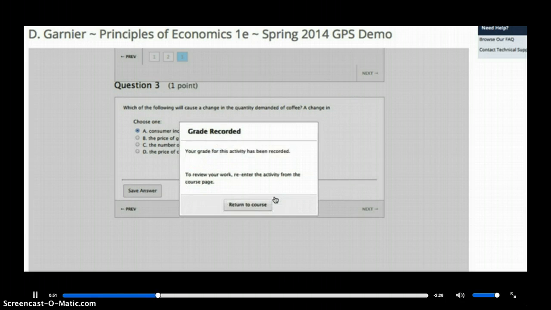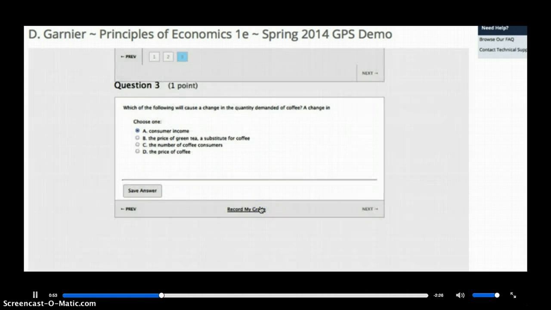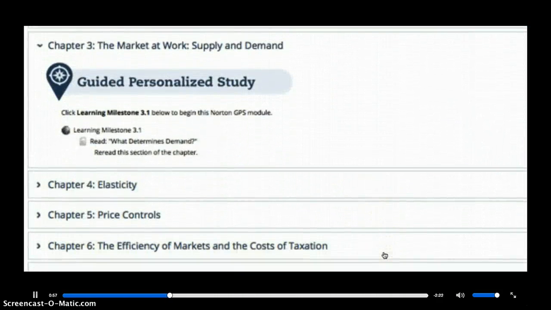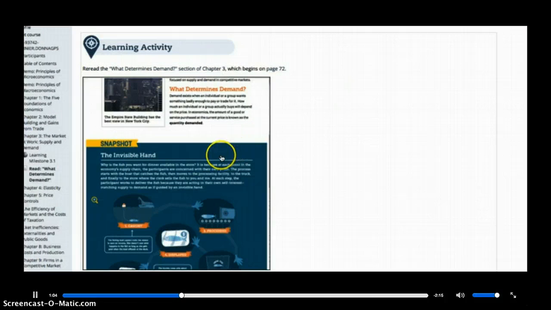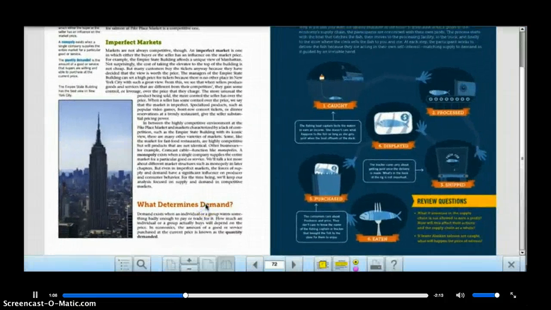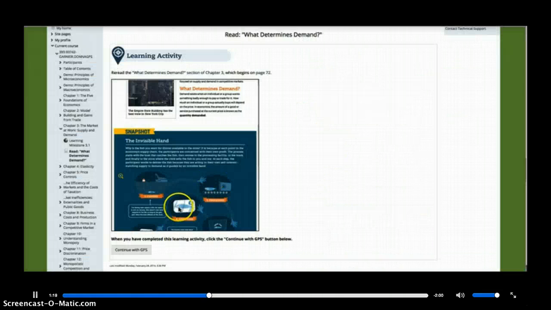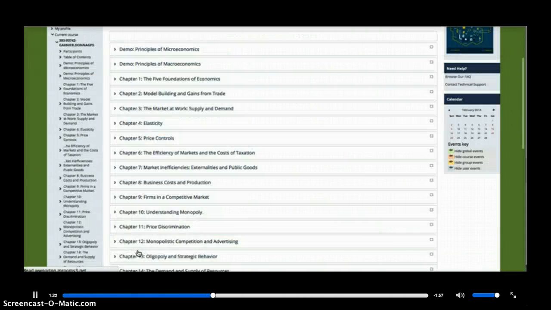They didn't do very well, so they're going to get additional study tools, additional content remediation to review before moving on. For example, a student might get a link to reread or read for the first time that chapter section in the ebook. So it's a reminder that to master this material, you really need to engage with it in your textbook. Reviewing a little bit more of the ebook, this student will then be moved on to a different learning tool